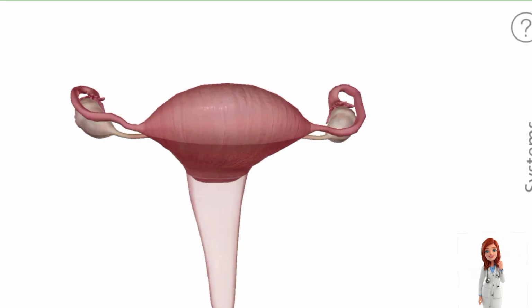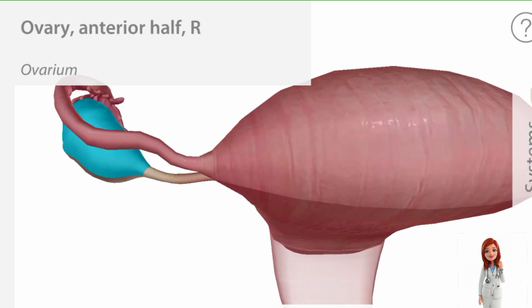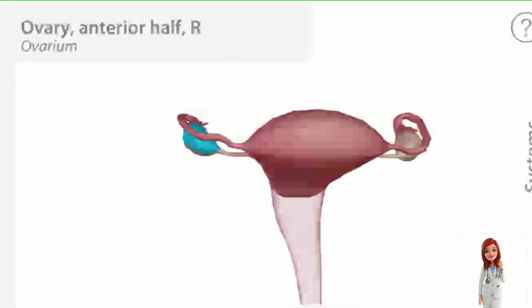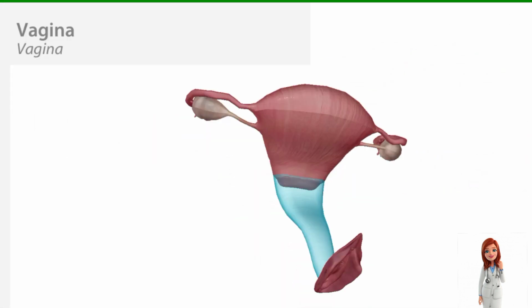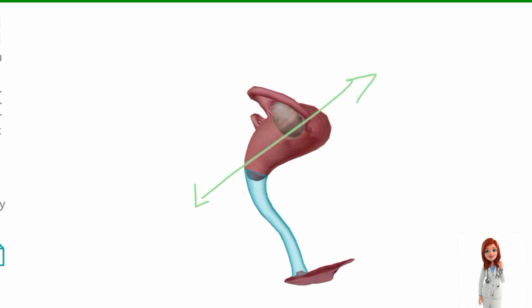The female genital tract contains 5 parts. This includes vagina, uterus, the fallopian tubes, ovaries, and cervix, which connects the uterus with the vagina. On rotating the entire female genital tract to the lateral view and forming the long axis of the uterus and the vagina, we can easily see that an angle of 90 degrees is formed between them.